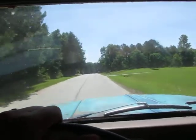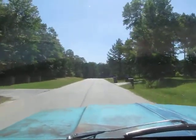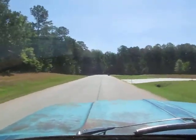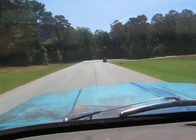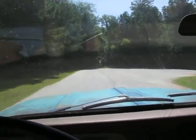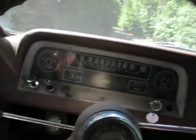Really good driving truck. And actually, kind of cool bit of history on this. So I got this truck out of the estate of the original owner, and actually still have the original title to it. It was pulled from a barn, hadn't been driven in a while, and put brand new tires on it, got a tune-up,